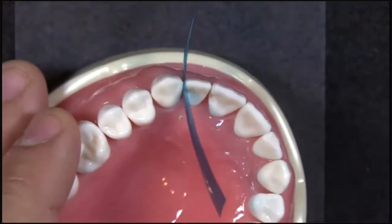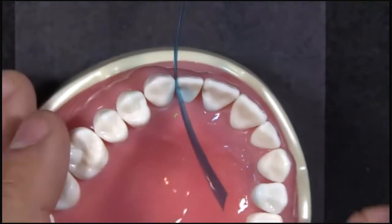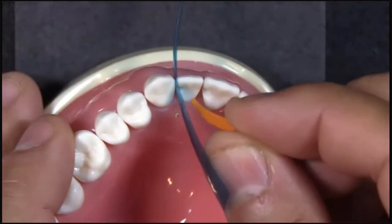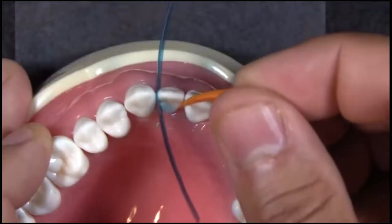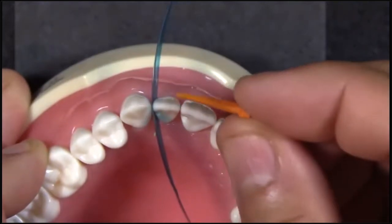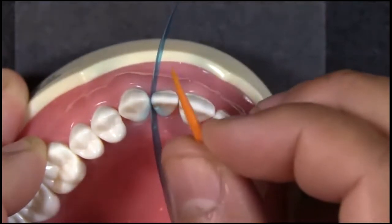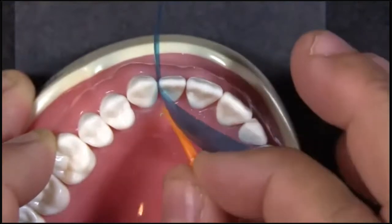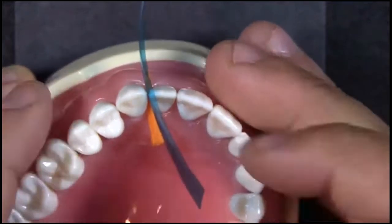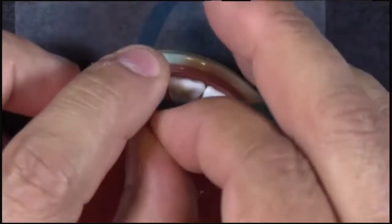In terms of where you wedge from, it's really a matter of the embrasure spaces. So if you look down at the embrasures of the tooth, if I was going to place a wedge here, this embrasure is larger than the embrasure here. So this is a bigger triangle than this triangle. And if we look at our wedges, we can see one side of the wedge is thicker and one's thinner. We want to match those up so that we maximize our wedge's capability to apply pressure up against that tooth. And so I will tuck that matrix band into place first, apply that wedge,